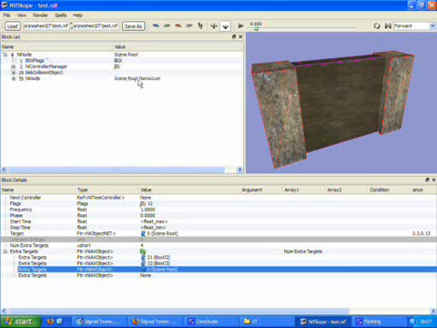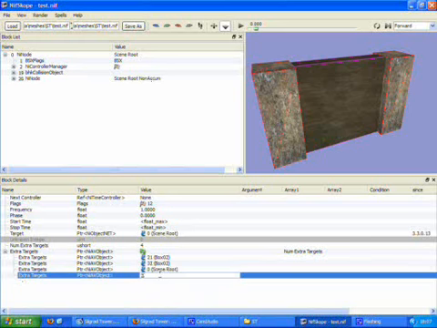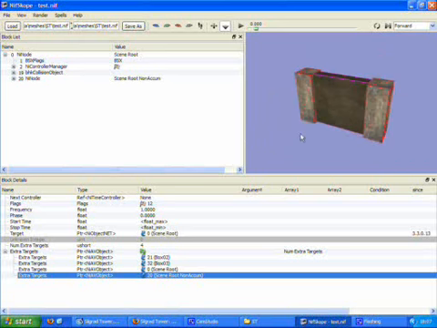Now, in order for it to work, you have to add a script to it that controls the animation. You can find an example script in the written tutorial on our forum. And you can find a lot of other useful information on our forum as well,